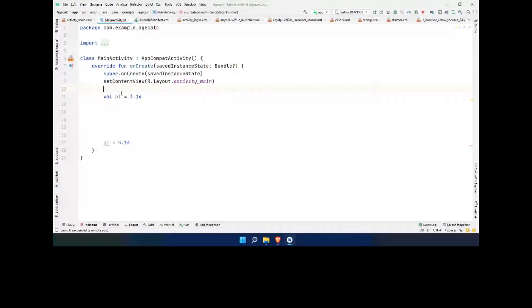This pi to val, you can see an error here, because val cannot be reassigned. So by making this change, you can prevent the code developers from making changes to this constant value. So now I'm going to create simply